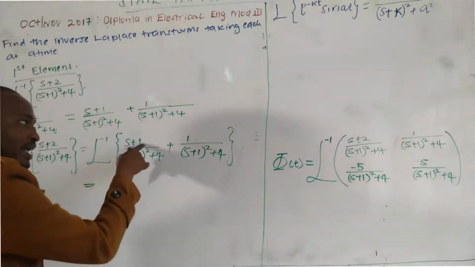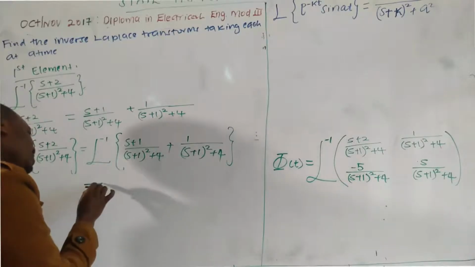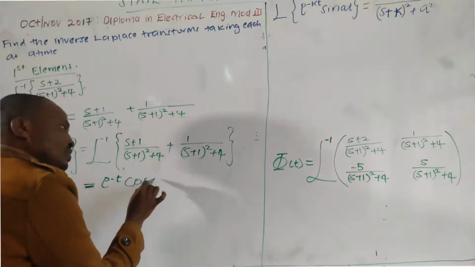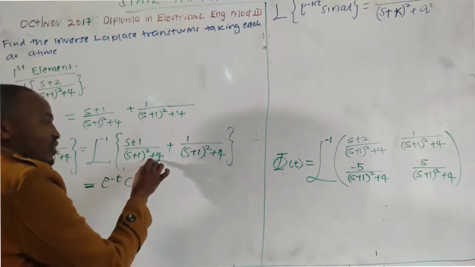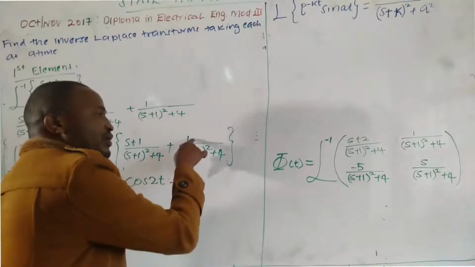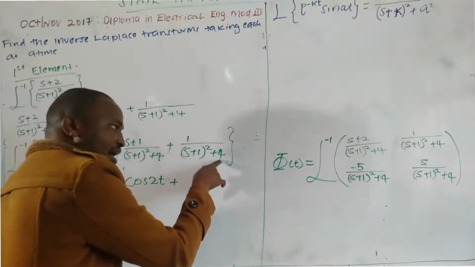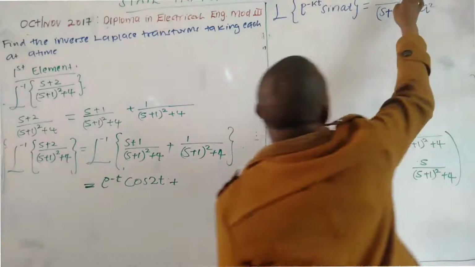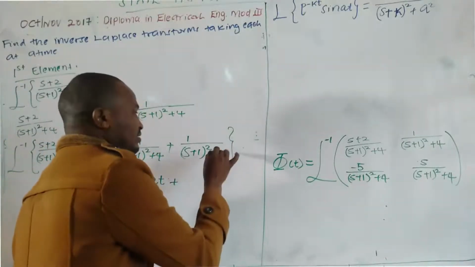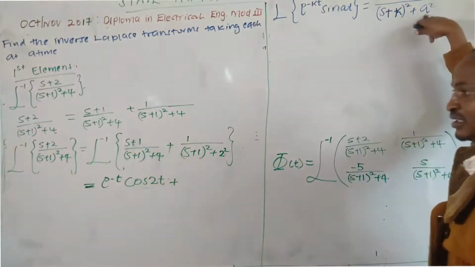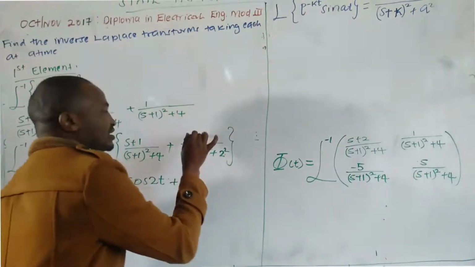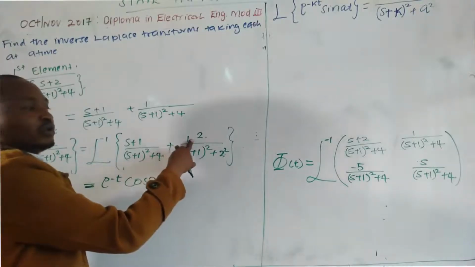So this here, if I write the result down, this one you have seen, here our k is 1, so it will be exponential negative t, because we have a positive, cos, this is the same as saying 2 squared, 4 is 2 squared, so it is cos 2t, plus, here because we have a constant, here, you see it's for sine, we have this a, and our a here, this is supposed to be 2 squared, 4 is 2 squared, you see this a squared, because we have a 4, it is 2 squared, so here you should have a 2, actually, but you have a 1. Why do you have a 1?